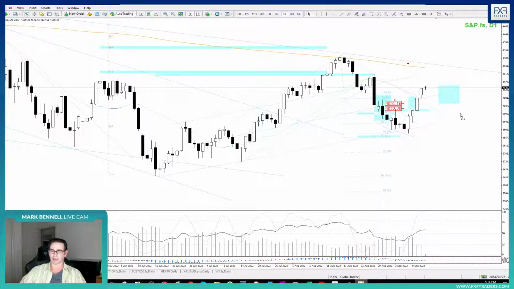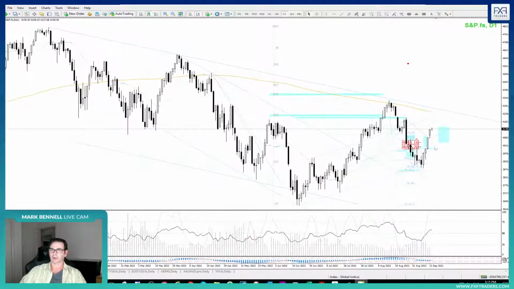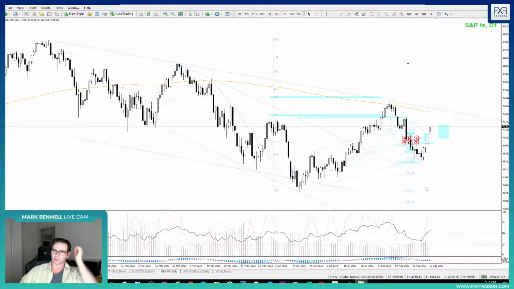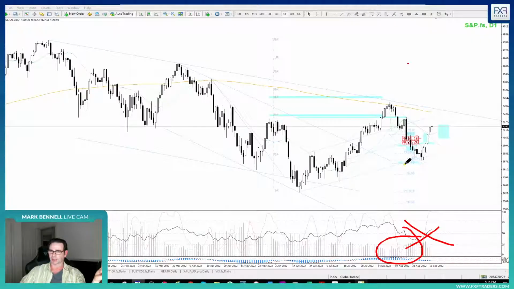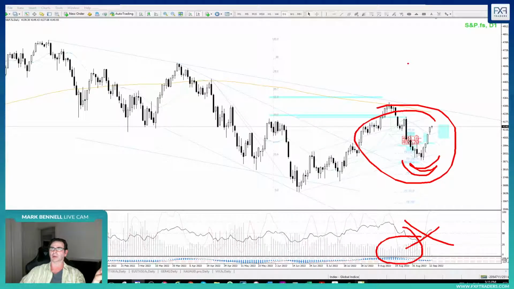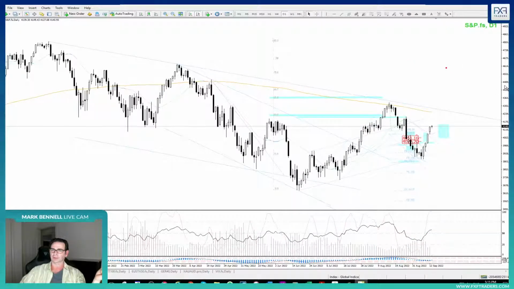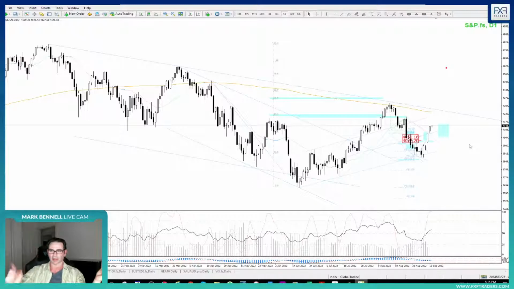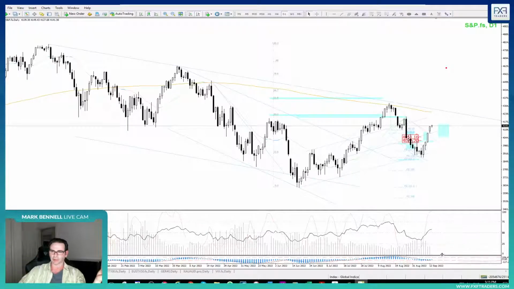Just watching up here again, of course. All right, these are the things that most of you know. These are the things that I look at. You know, that sort of structure, and yes, my charts are full of a lot of lines, but they make sense to me. Don't look at the indicators. Yes, this is backing up what I'm seeing here. But this is the primary thing that I want to see. I can see that green out of the corner of my eye on the other screen.